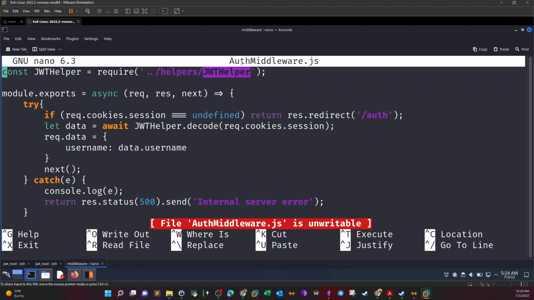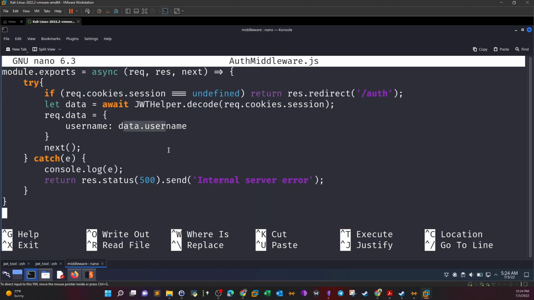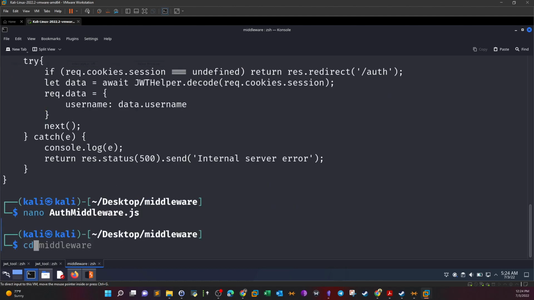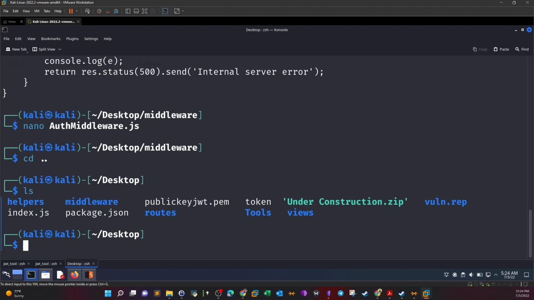So again, Oauth middleware is using the JWT helper, and it seems that it is the token, or the JWT token, is actually combined with the cookie to check on the user status. Scrolling down, so that's what it does. It checks on the JWT. Now if you go back and go to helpers,